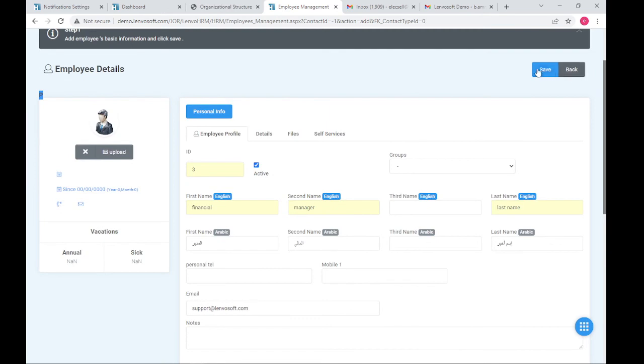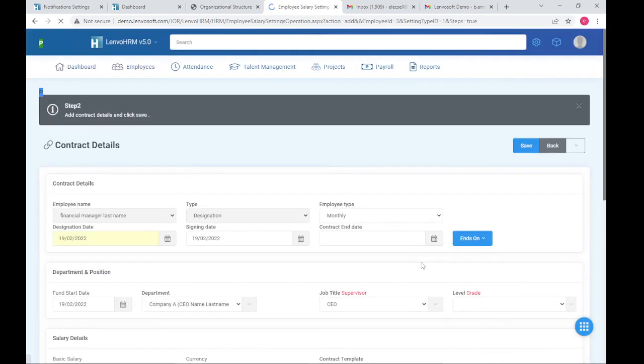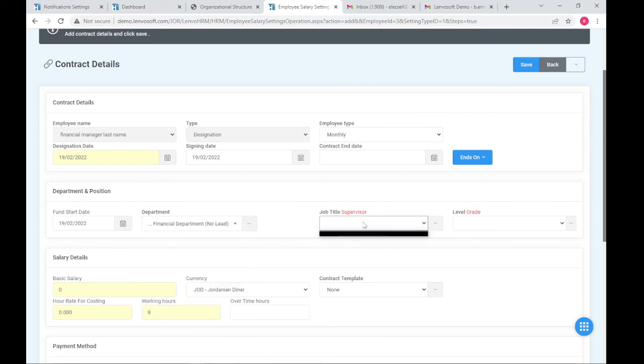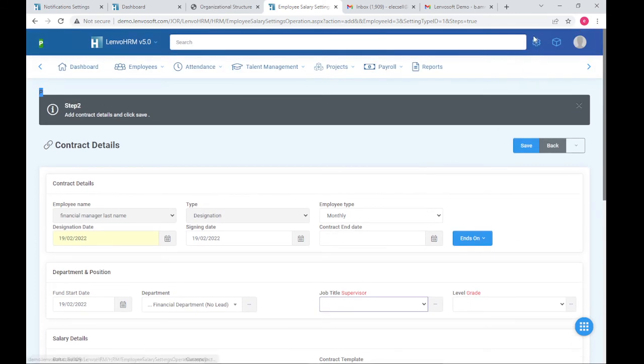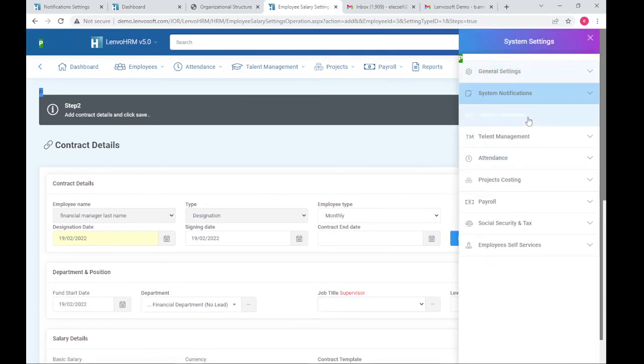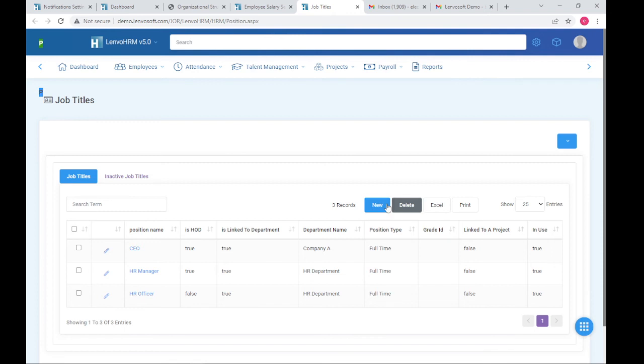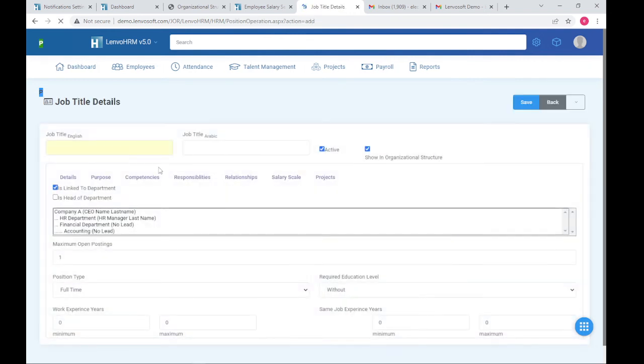And then I will click save. Contracting, I will select the department, financial department, and as we can see over here I don't have a job description for this employee under the department, so I will keep this page, open the settings, go to job descriptions, open it in a new tab, and say new